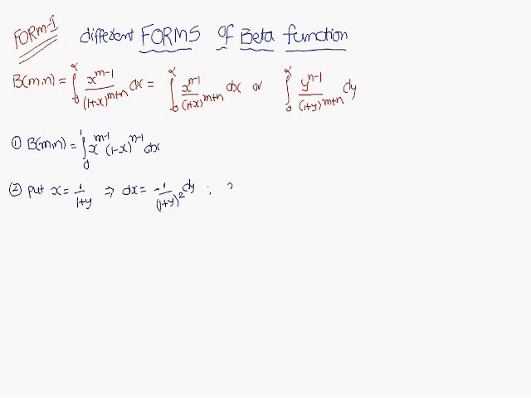X is equal to 0, then what is the y value? X is equal to 0 means y should be infinity. So x is equal to 1 means y should be 0. So these are the limits. Okay, next one,